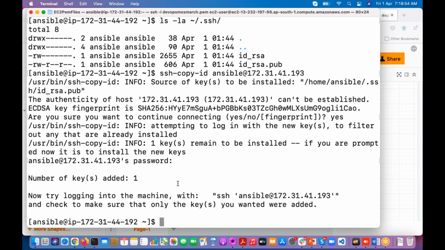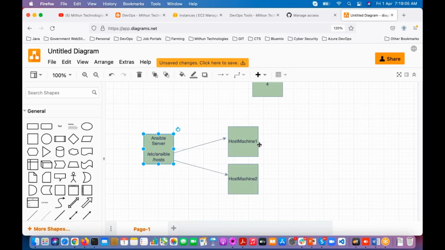I'll set that password as "password". Now see, number of keys added: 1. So it has successfully copied from this server to host machine 1. Now from this server you can connect to that server without a password. Why? Because we have enabled the password authentication and we copied this public key from the Ansible server to there.